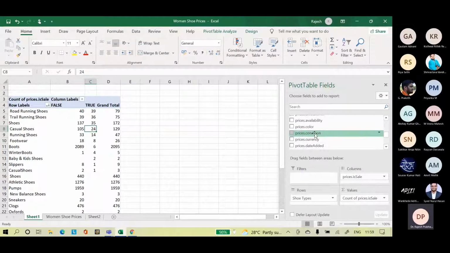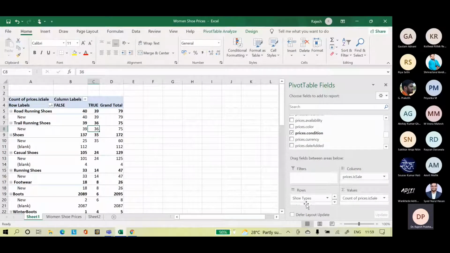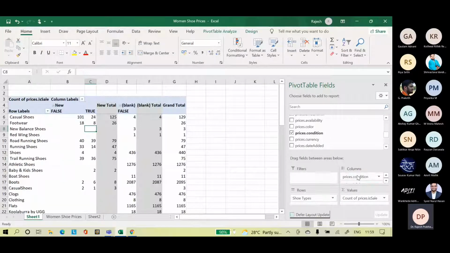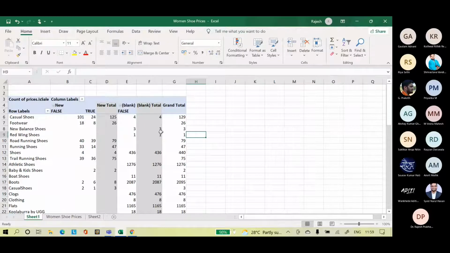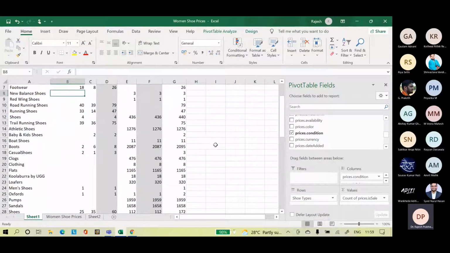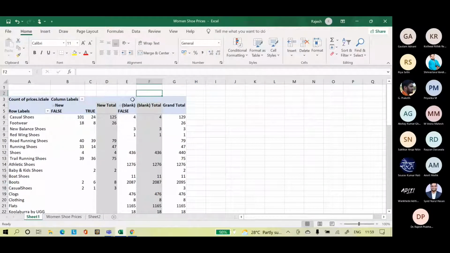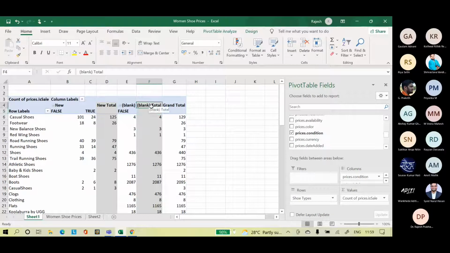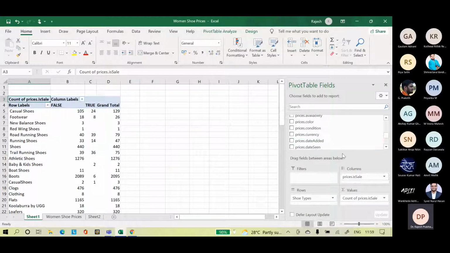Now you can also add price condition to shoe type, or you will add price condition to above each sale. So condition is either new or blank. So condition is not giving us any idea.